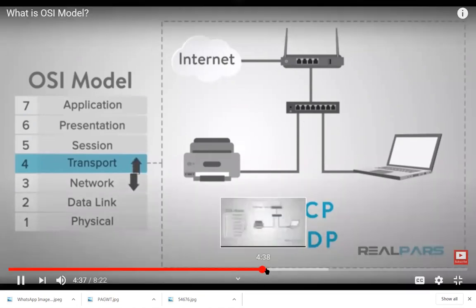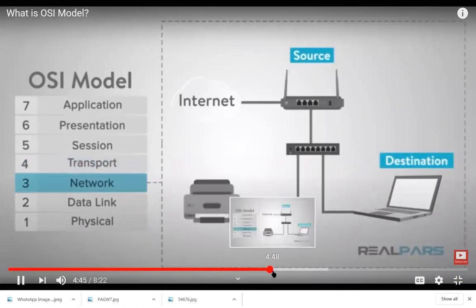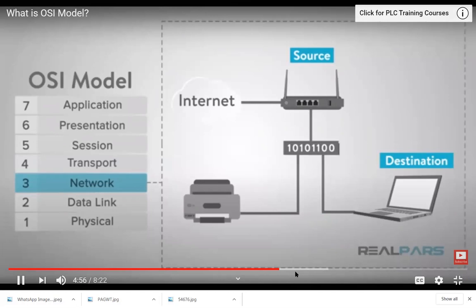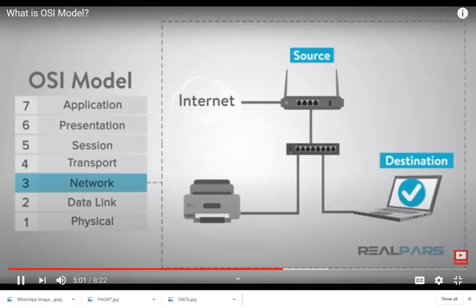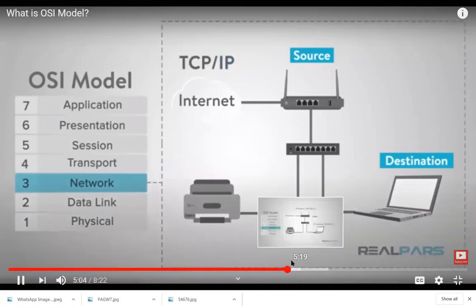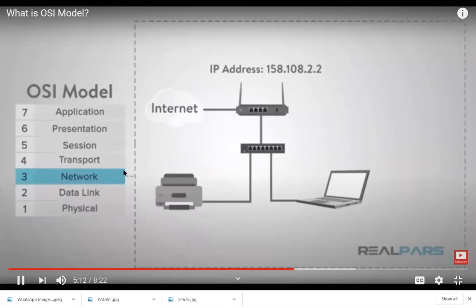And the next one is the network layer. All the routing is done with the help of this network layer.